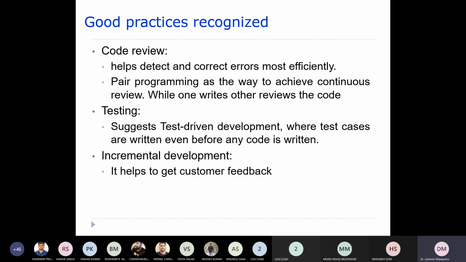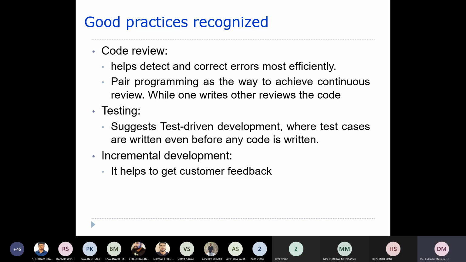So the first good practice here is code review. Code review is a technique by which we are able to detect as well as correct errors most efficiently. One example is pair programming. Through pair programming we are able to review the code.